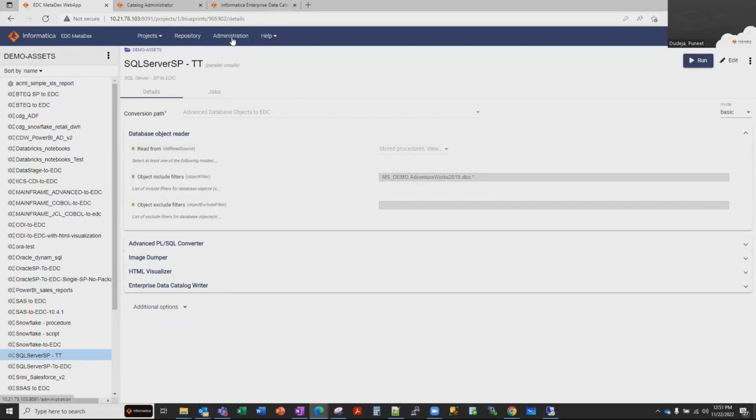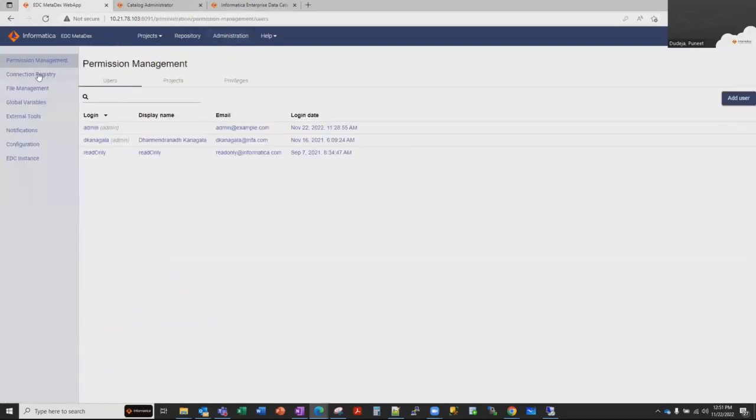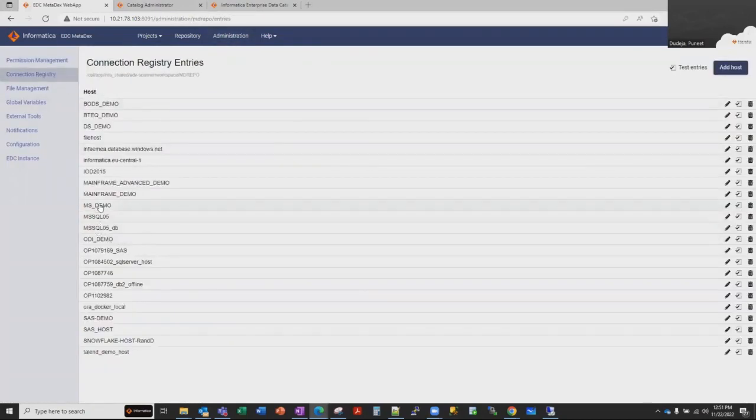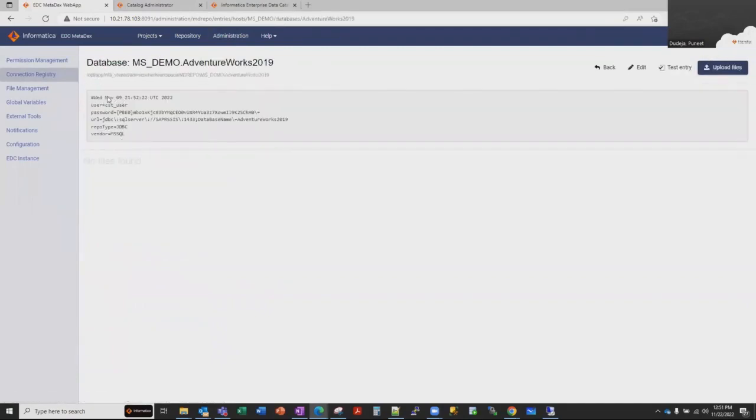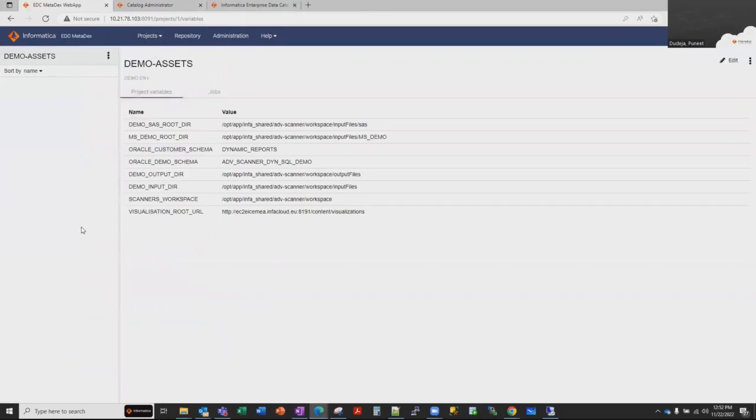So once we go to the administration connection registry, we see under the MS demo there is a connection as AdventureWorks 2019. It basically contains the JDBC URL to the SQL Server. Based on this connection, the scanner reads the connection details, and the next processing happens. So if we go back to the connection,